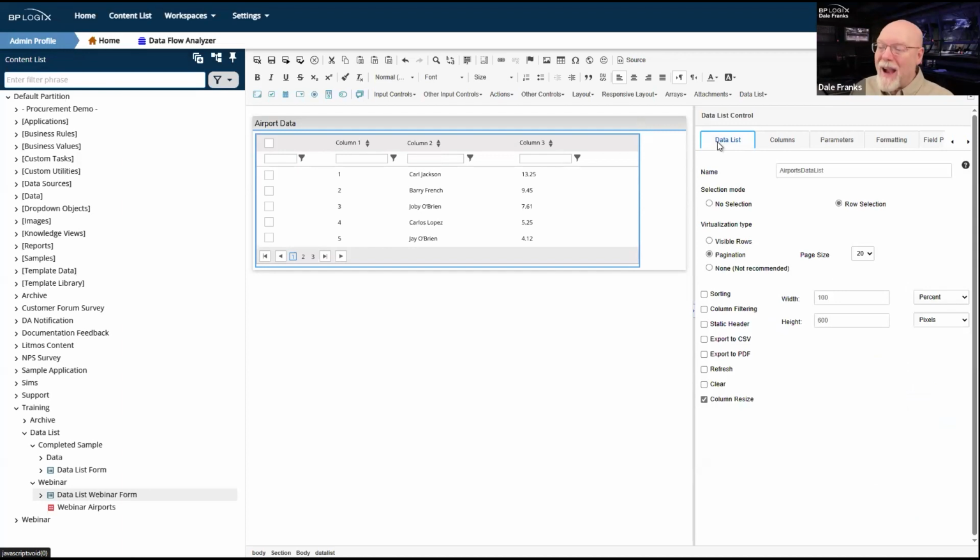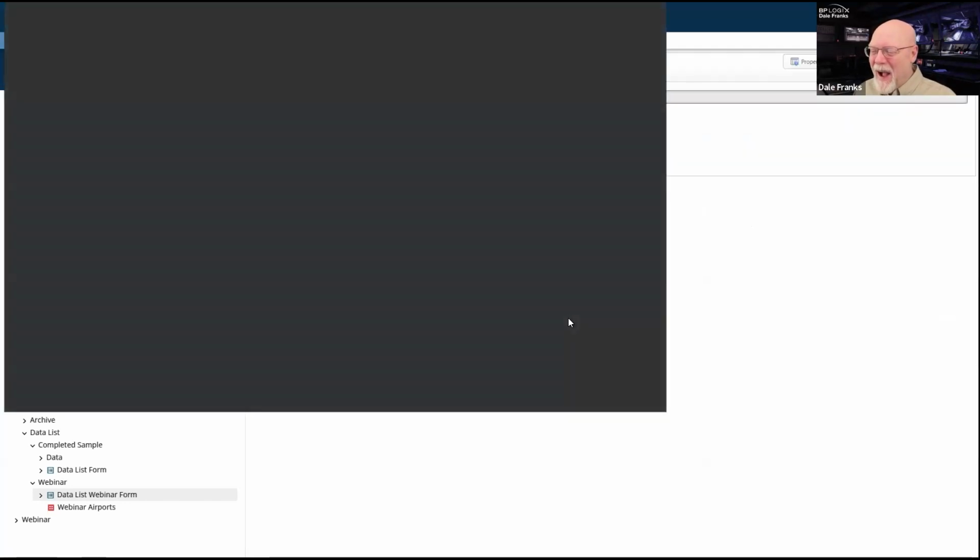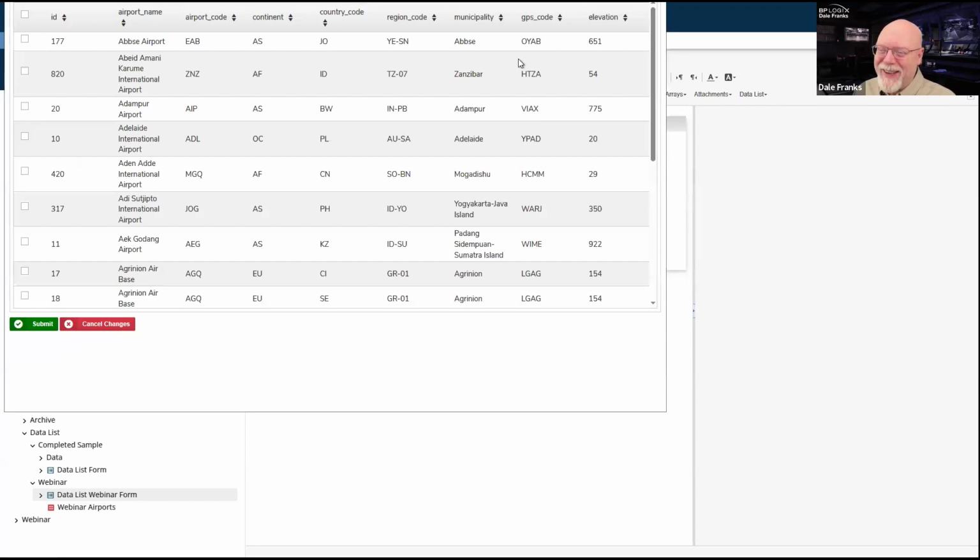But now let's go back to the data list tab, and let's talk about these properties here. Each one of these properties actually changes the display of the data list control whenever it shows up on the form. So let's turn on sorting and run the form. This is going to get super tedious if it's going to take me forever to open the form every time because it has to be recached. So I may just turn all these things on so we can see the change.